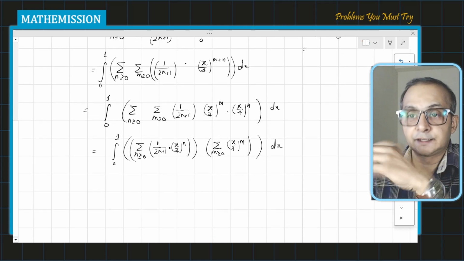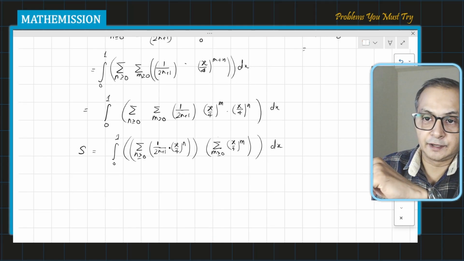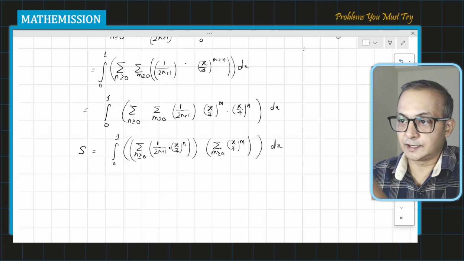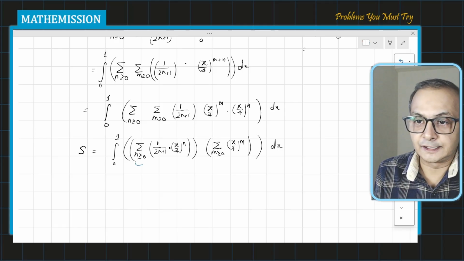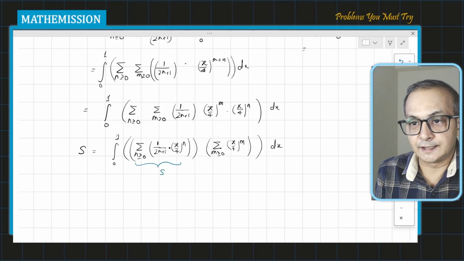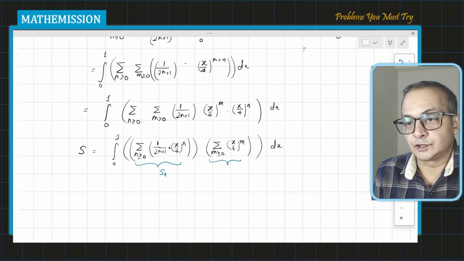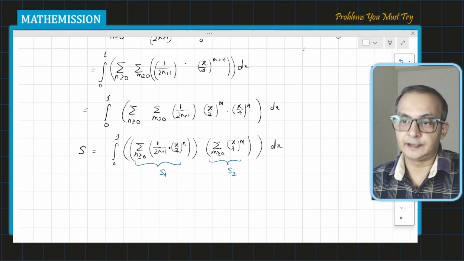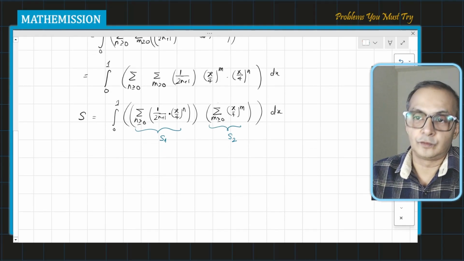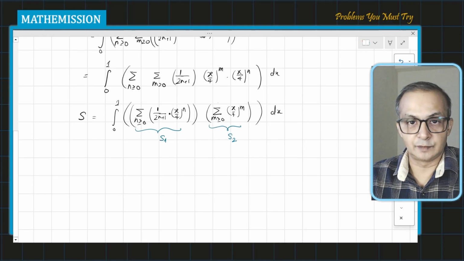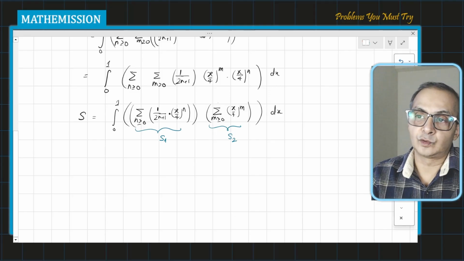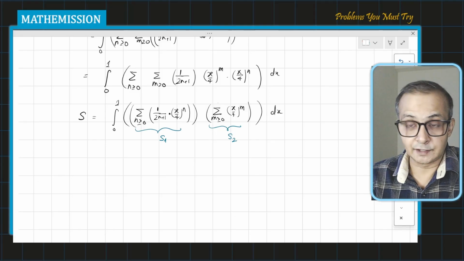Now this is the entire summation I had to find, but inside the integration sign I got two distinct summations. So I'm calling this S1 and this S2, and we can take them separately to find out what the result will be in terms of x, and then whatever result comes, again we integrate it